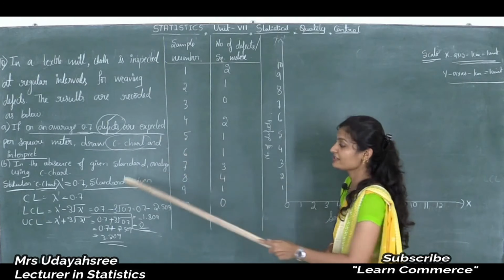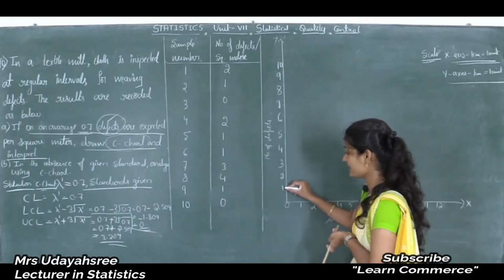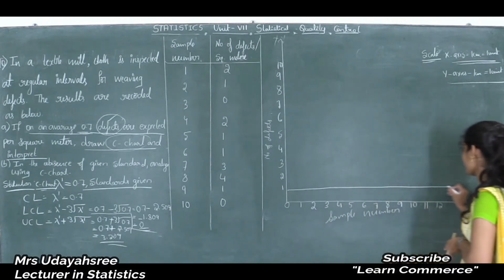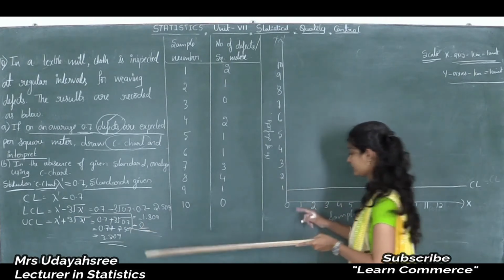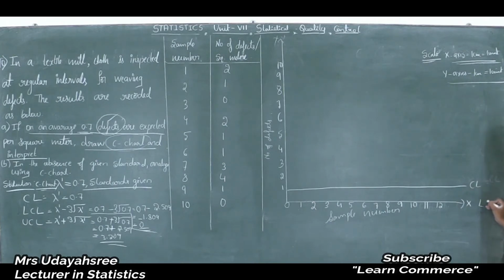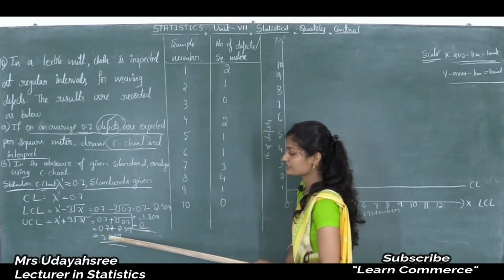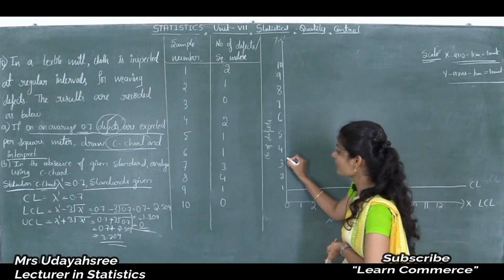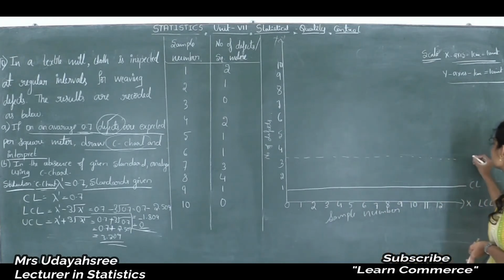Okay, next. See here control limits. So central line value is 0.7. See, here 1 is there and here 0 is there. 0.7 comes here. So this is central line. Next, here lower control limit value is 0. So here this origin is 0, right? Therefore, this x axis takes itself as the lower control limit. Next, here upper control limit value is 3.2. So 3 is here. So 3.2 comes here. So here I will draw one horizontal line like this. This is upper control limit.